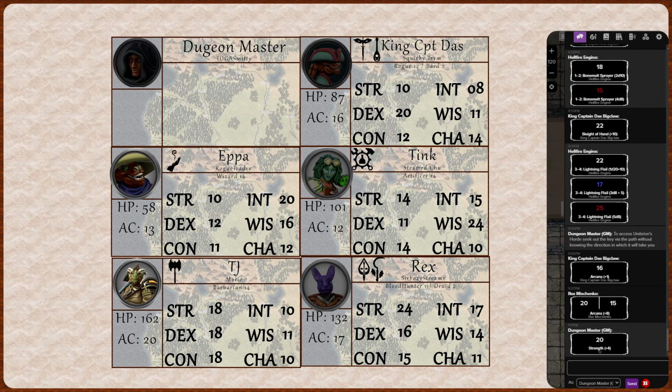Eppa is going to use telekinesis to try and yank these doors open. What's the max that telekinesis can do? Telekinesis on objects can try and move an object that weighs up to 1,000 pounds. If the object isn't being worn or carried, automatically move up to 30 feet in any direction, but not beyond the range of the spell. Yeah, basically, I can just go, stop. Give me an intelligence check. And this is more like a strain of the spellcasting.